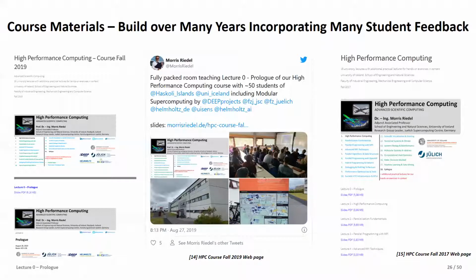And you have here two examples if you want to go back a little bit to the old courses. So you see the HPC course fall 2017, that is still on my website. And here and there, of course, we have always switched a little bit with the evolution in time and the importance of the different contents. But the key idea of the course was the paradigms that are still valid today, like MPI, like OpenMP, and like GPUs. These really stand the test of time,